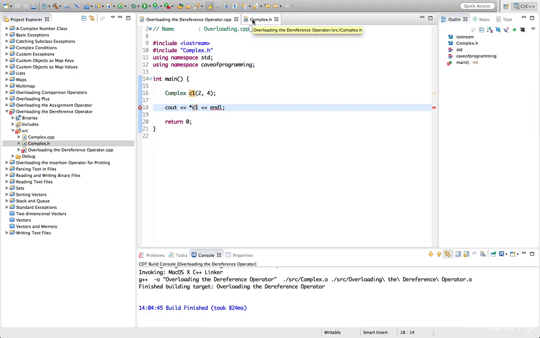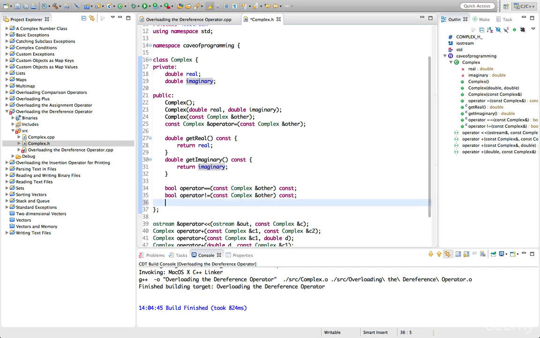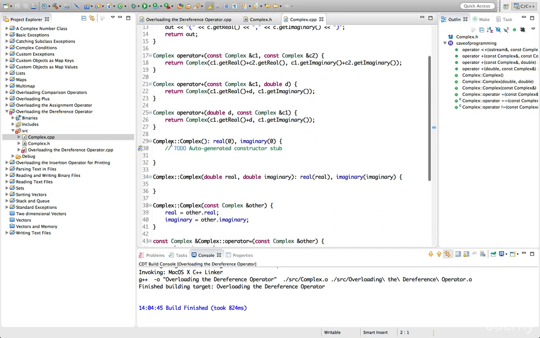So we can sort of work out from first principles what it's going to look like if we think about it a bit. So we're going to have an operator here that's going to return an object. It's not going to change the object that it's applied to. It's going to return a new object. It's not going to be a reference. It's not const. It's a brand new object. And we're going to say operator star like this, and we need the brackets there, and we can certainly make it const. So let's just copy this prototype here, go to the CPP file, and somewhere down here at an appropriate point,